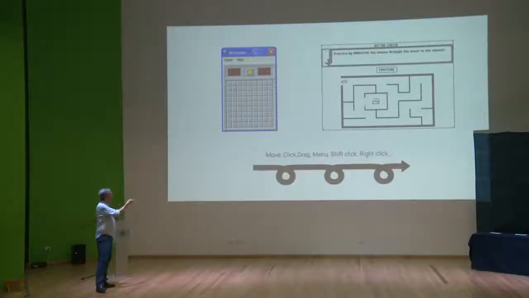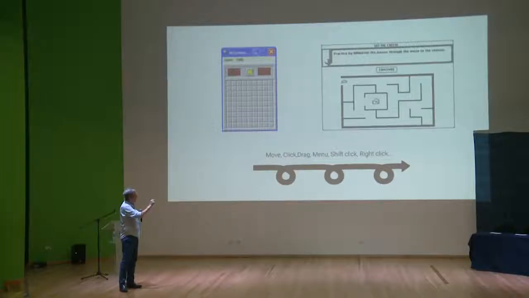And what it was trying to do was to actually teach you a very interesting mechanic, which was effectively the mouse. And the mouse is effectively a single mechanic with many different loops. So yes, you can move the mouse, you can click the mouse, you can drag the mouse, you can shift click, right click. There's all these very rich things.